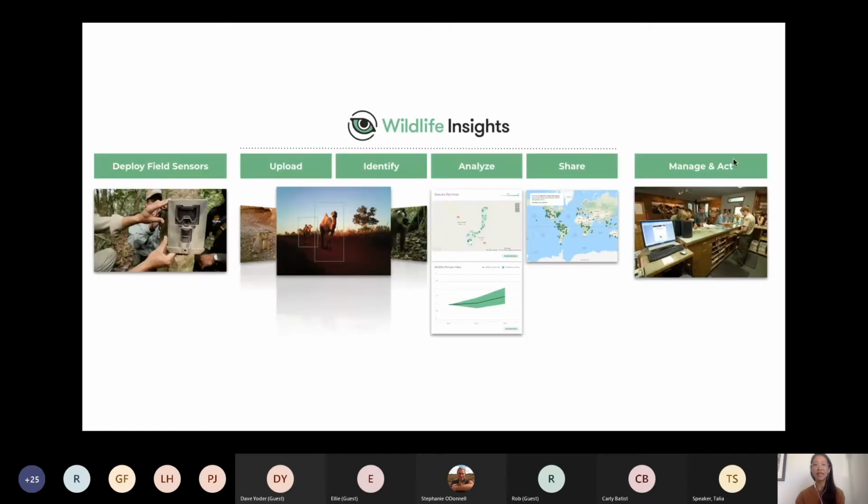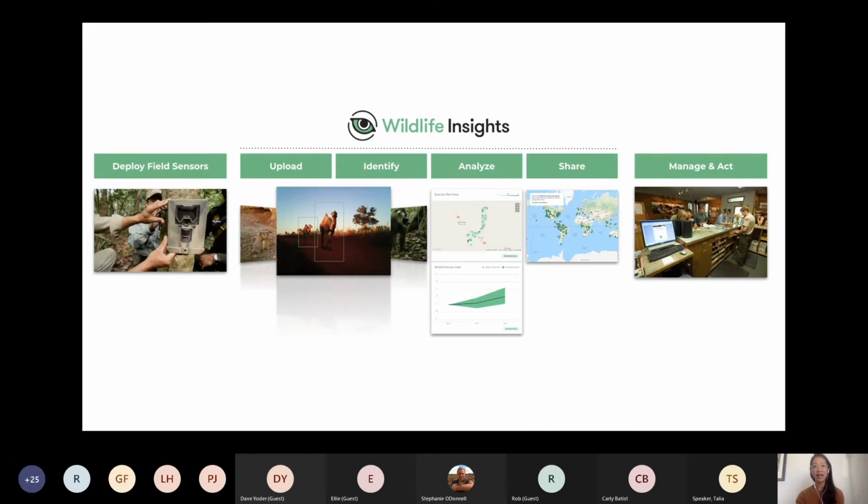So just a little bit about what Wildlife Insights is for people who aren't familiar. I think you're all familiar with some of the barriers to using camera trap data at scale. It can be slow to process data. There's a lack of standardization, which makes it hard to share between projects. It can be difficult to analyze. So I won't go into depth into these issues, but I will mention that there are a lot of options out there, some of which have been covered in these Tech Tutor webinars